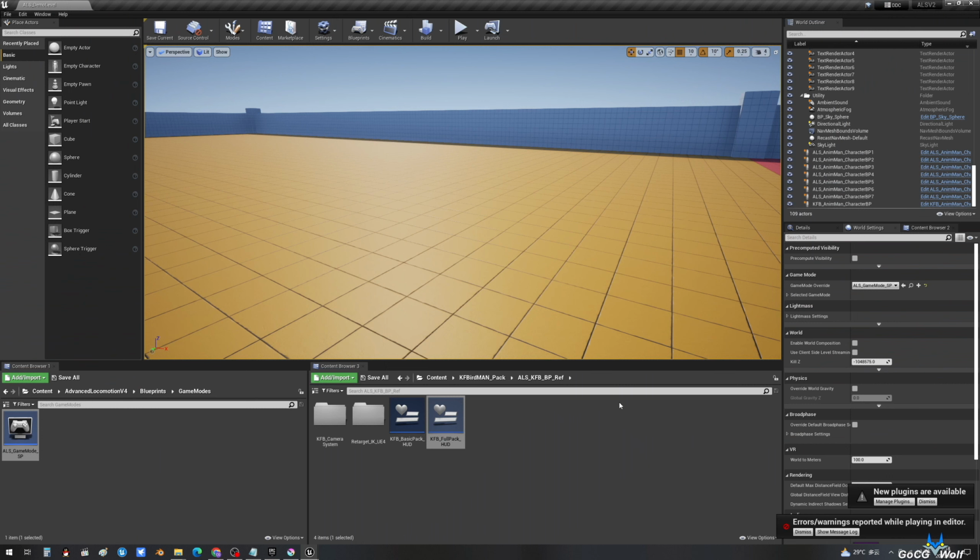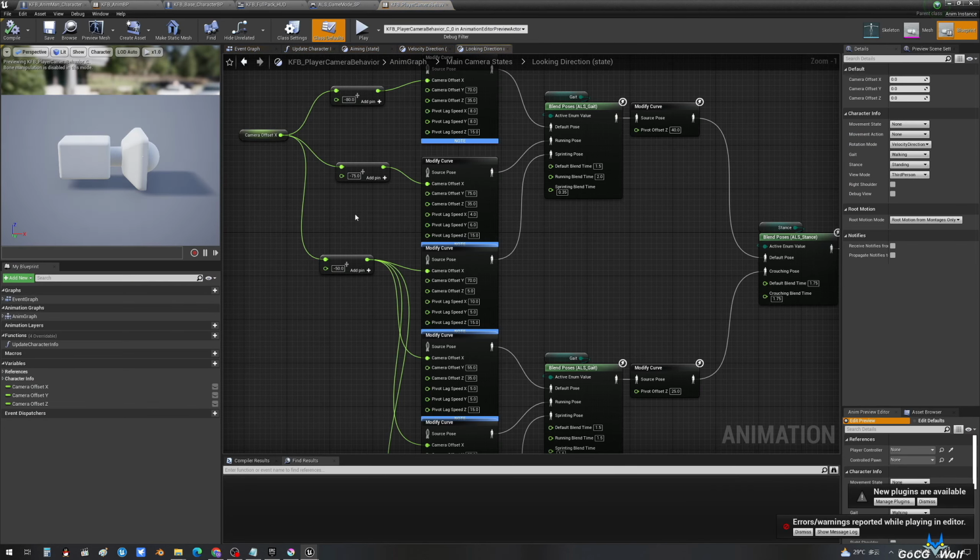If there are any problems, you can leave a message or send it to my Discord. And there's one last simple setting, which is this X.